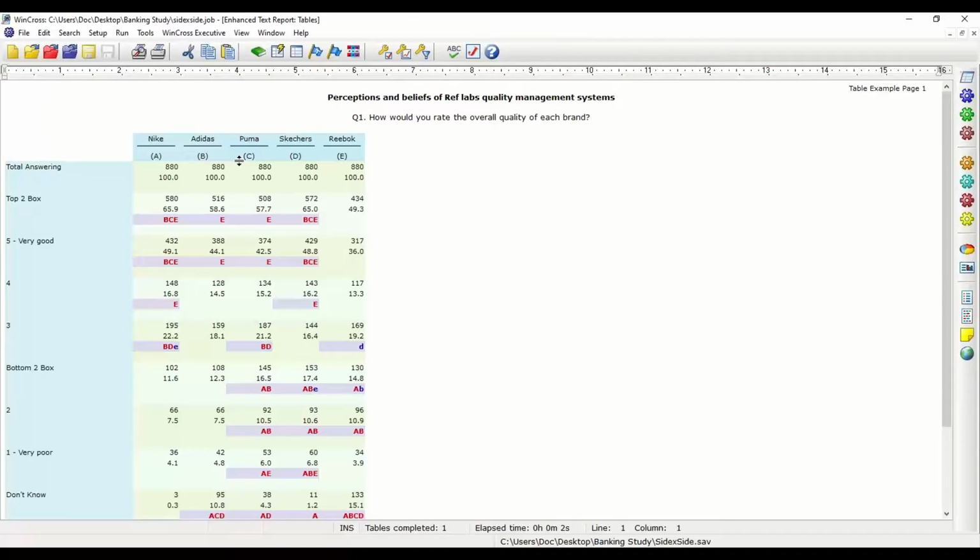And we can see our side by side table created. In addition to creating a single side-by-side table, you can use the same side-by-side setup for additional questions. So if I go back into our data grid here,